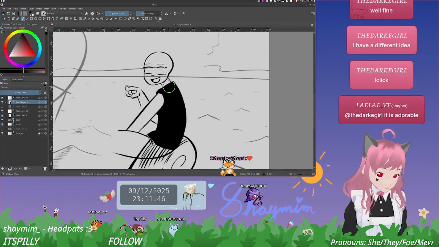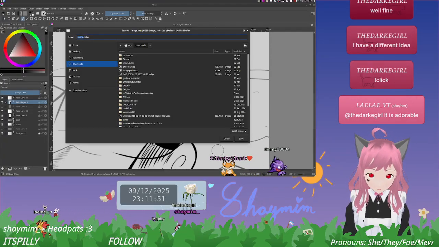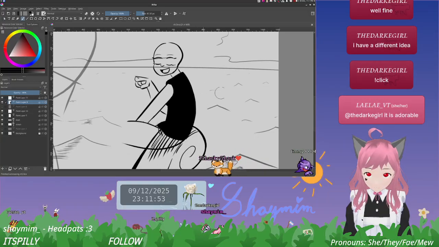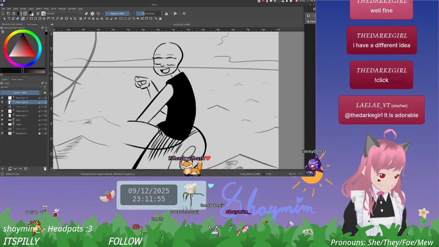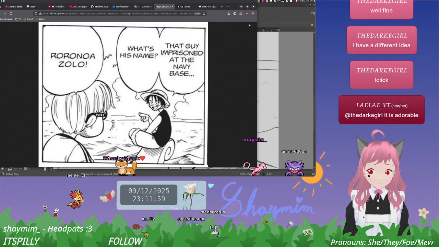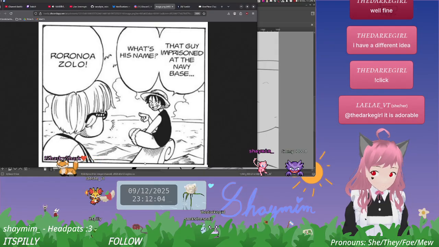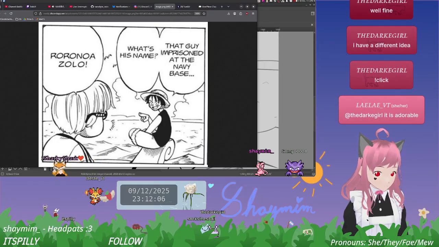That makes sense. It's really interesting here. Whoops. Because you'll notice that they've made the entire lower half of his body so much bigger than the top half.